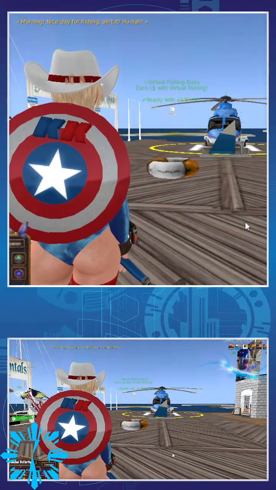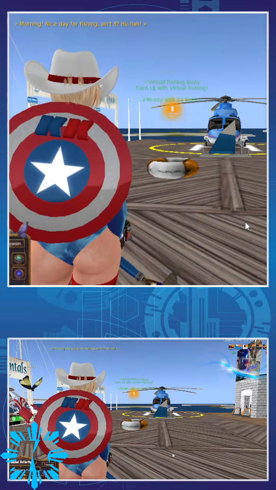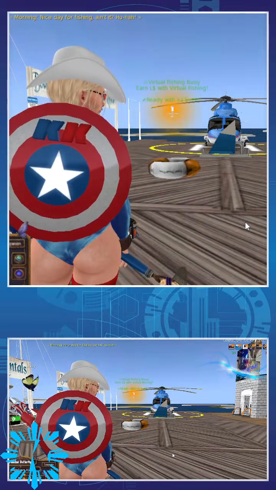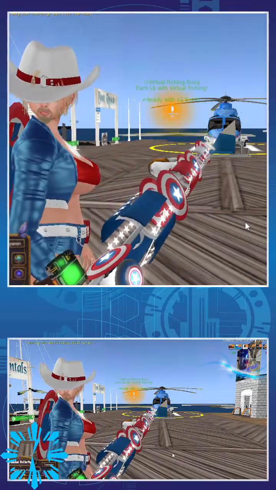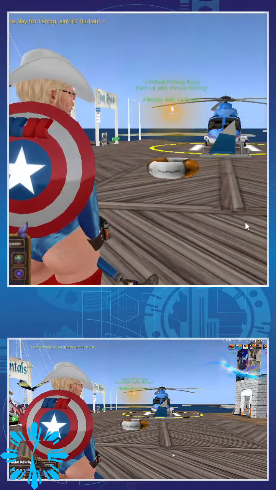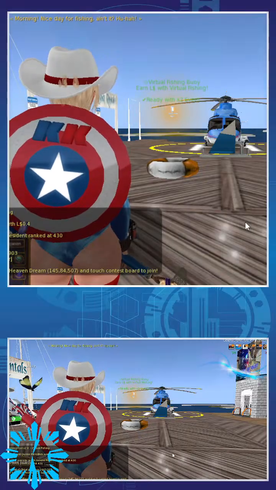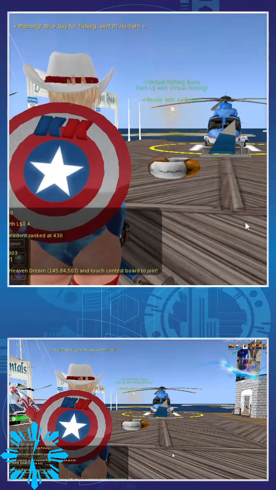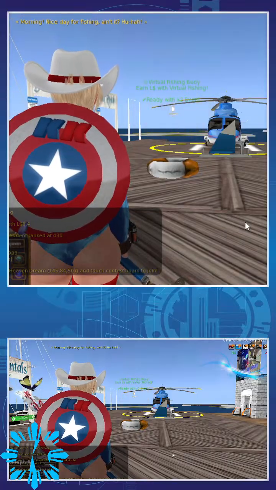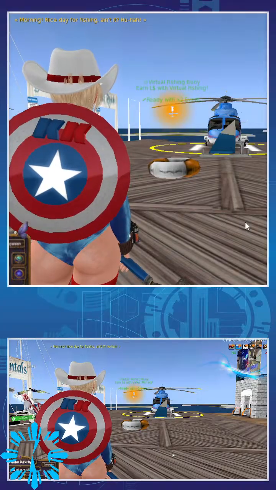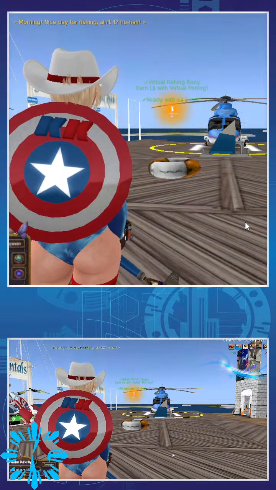Right now, I have 43 Linden dollars in my virtual fishing wallet. If you're doing this, I would really suggest that you make it a habit to withdraw your Linden dollars regularly and not let them stay in the wallet, because who knows, you don't know what will happen in the future.